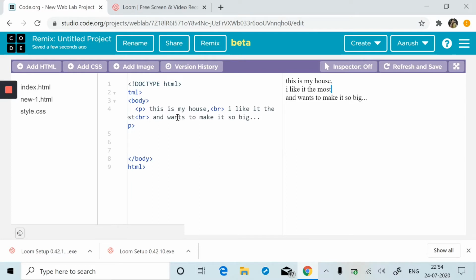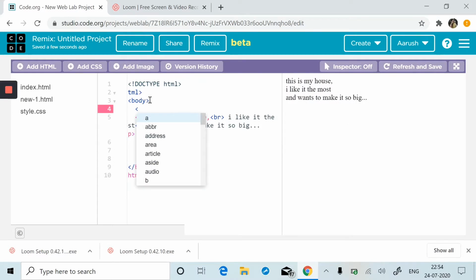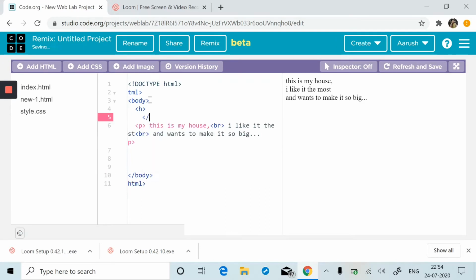Now see, whatever we have done till the last class, whatever is looking like this is my house, right? But if I want to make a heading over here, the next step is I would take an H and close it, then another H and close it, right? And you can write any heading. So you can say my home, right? So this looks like a heading,